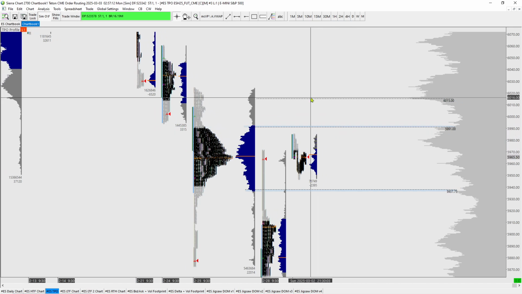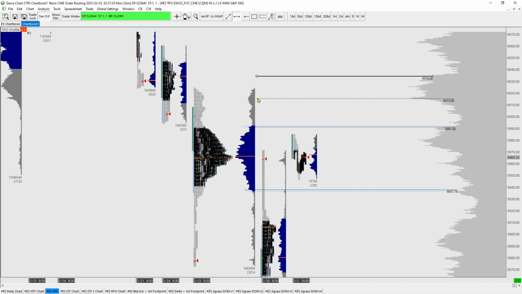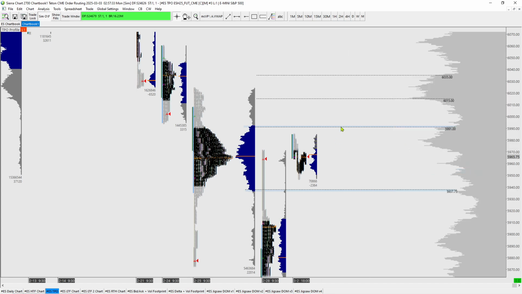Let's see. Okay, so 15, I like 15, and I like 35. Perfect. Sorry if you guys can hear my cat meowing at the door. Okay, 35. Okay, sweet. So if we get a breakout from this, I would target 15 and 35.